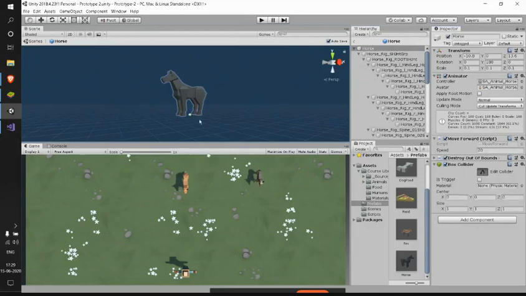Let me increase its size by saying 15, 15, 15, and later I can adjust that. And see, it's too small. Let me place that. I guess that will be fine.